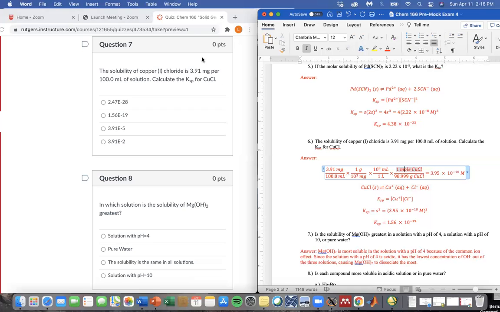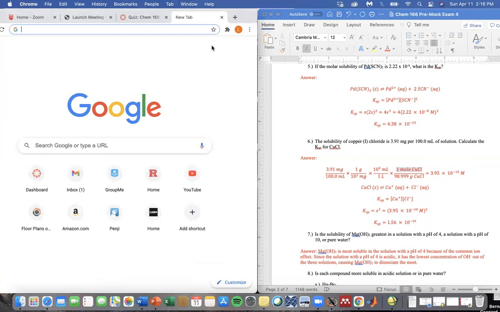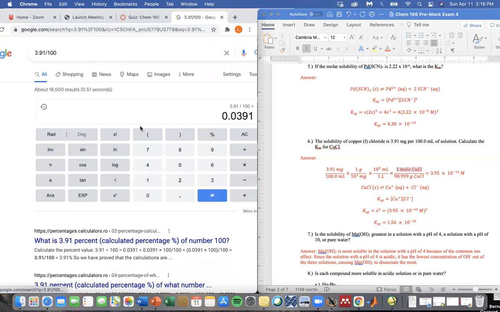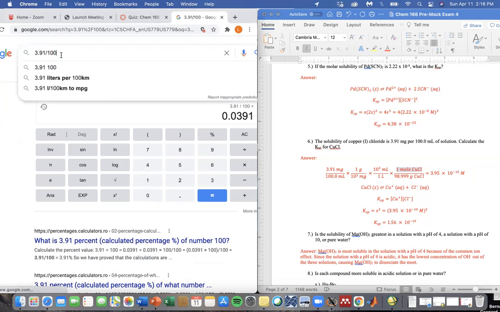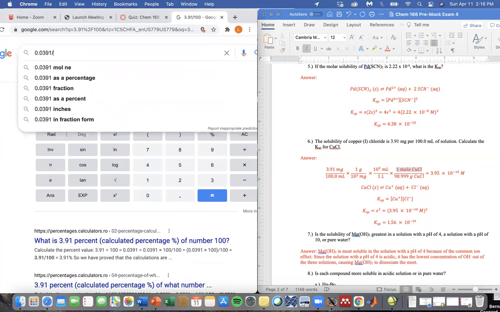So these two cancel out, so it would just be 3.91 divided by 100. And then divide that by 0.0391. Thank you, sorry. Okay, and then it would be